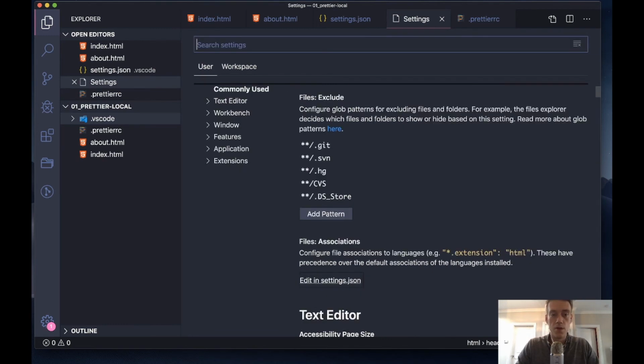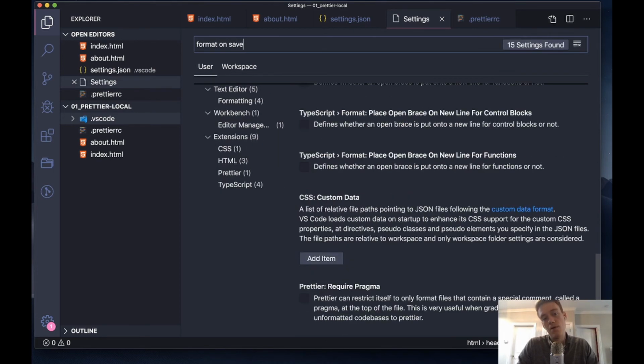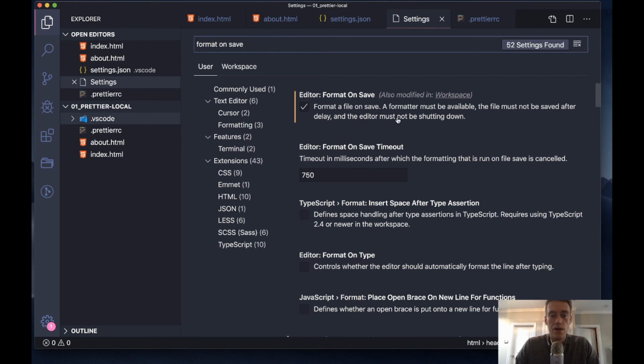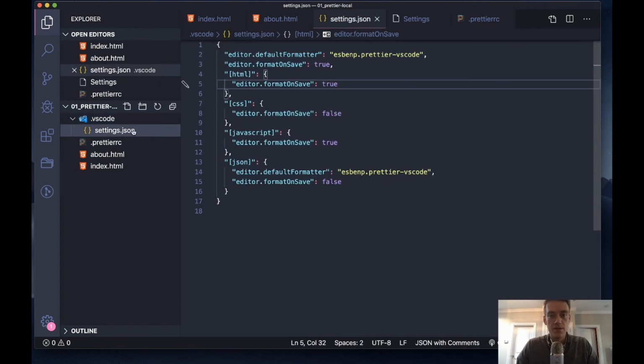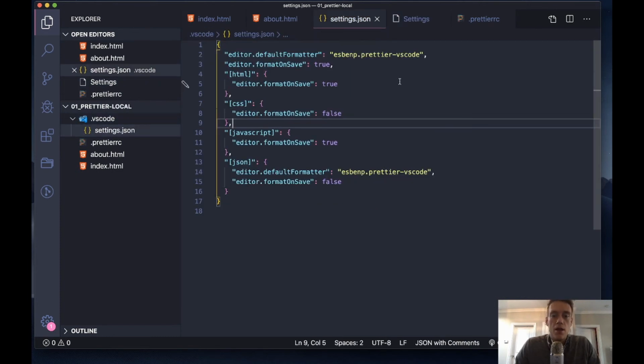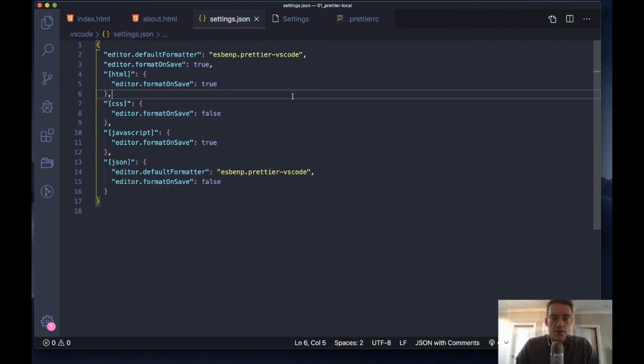this is VS Code settings. Instead of using these, I'm going to discuss format on save. When you format on save, it activates the Prettier extension. So if I do format on save, as you can see, I have it enabled. But what is cool, if you add your own VS Code settings.json, you can set your settings for your formatter, in this case Prettier, per file